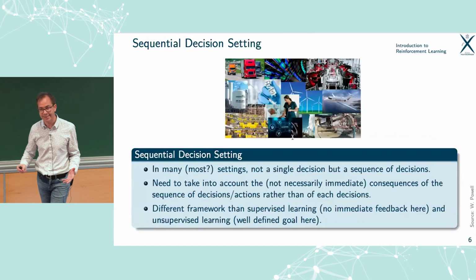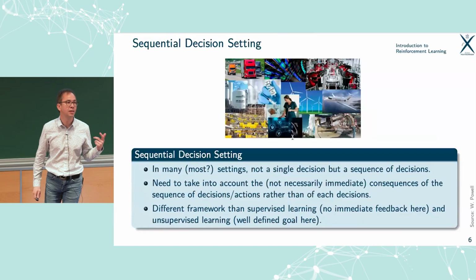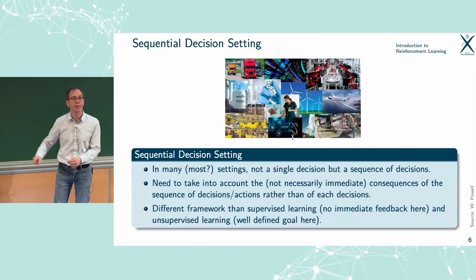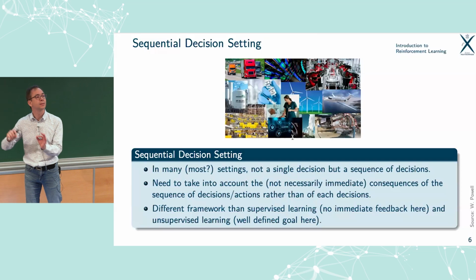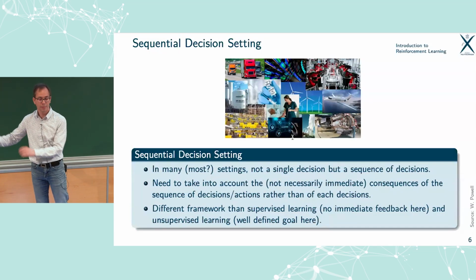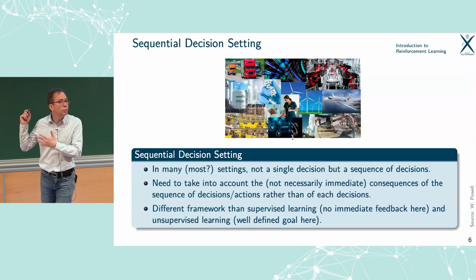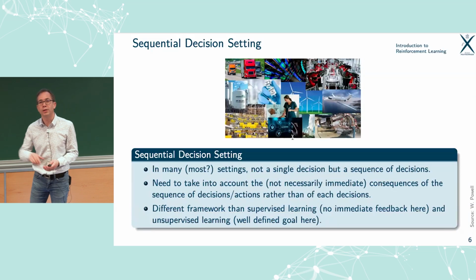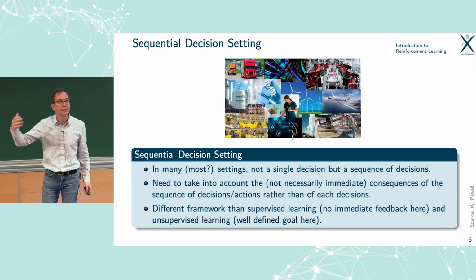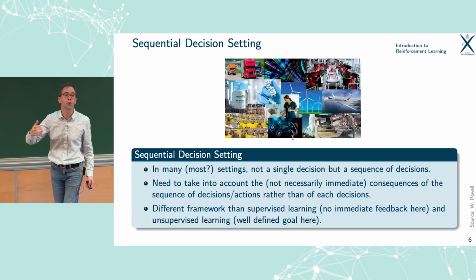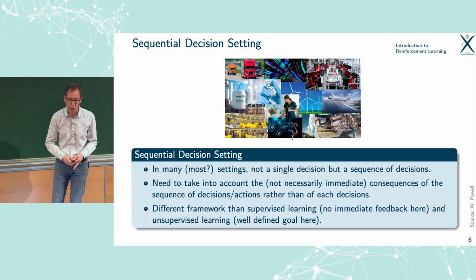So we're going to think of a situation in which the final result is not due to a single decision, but to a sequence of decisions. What I mean by that, once again, is that when you make a choice, when you take a decision, you're going to have consequences. And you need to take into account those consequences to know whether this is a good or bad thing.